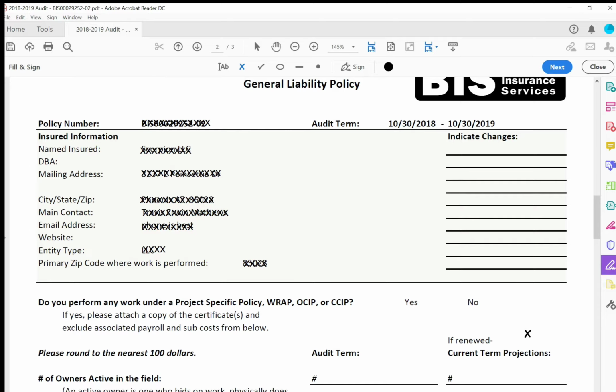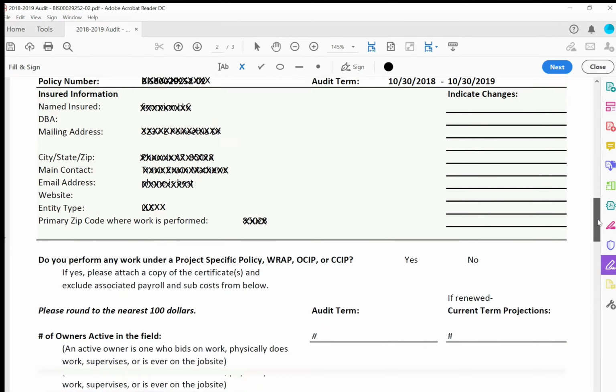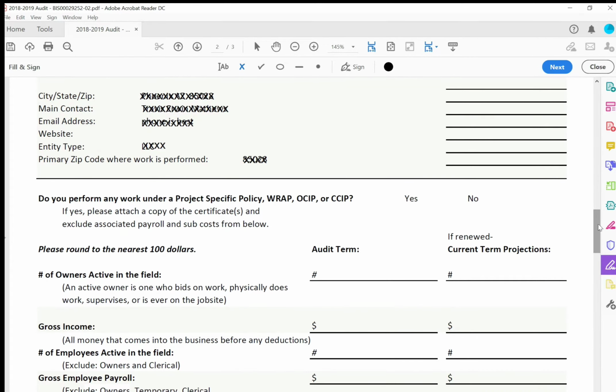Most any audit on the general liability is the same. So we'll go over this one quickly. I'll help you. Hopefully, we answer some questions. And like I said, if you have a good system for tracking certificates, if you're a general contractor or you use subcontractors, and you have good record keeping like QuickBooks or some other type of payroll company, ADP, anything like that to track expenses or payroll, this will make this a breeze.